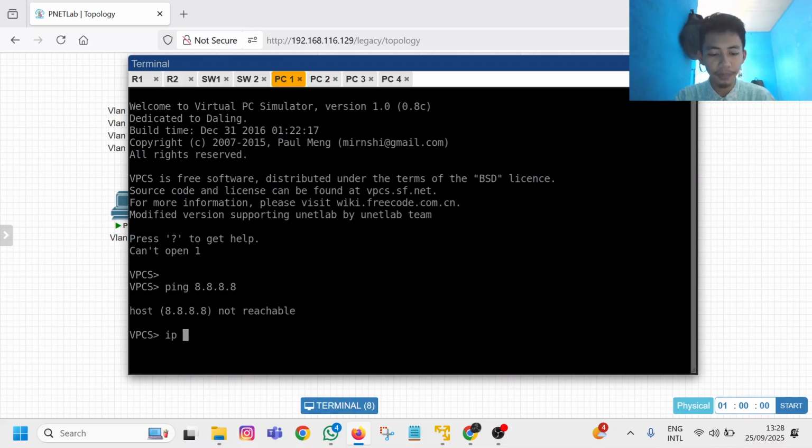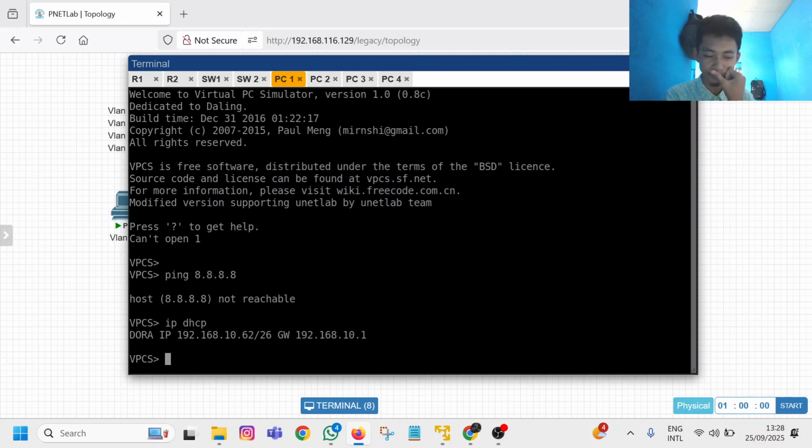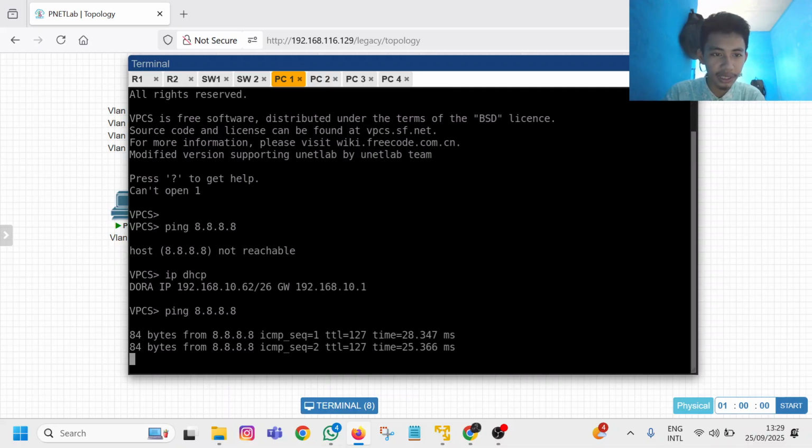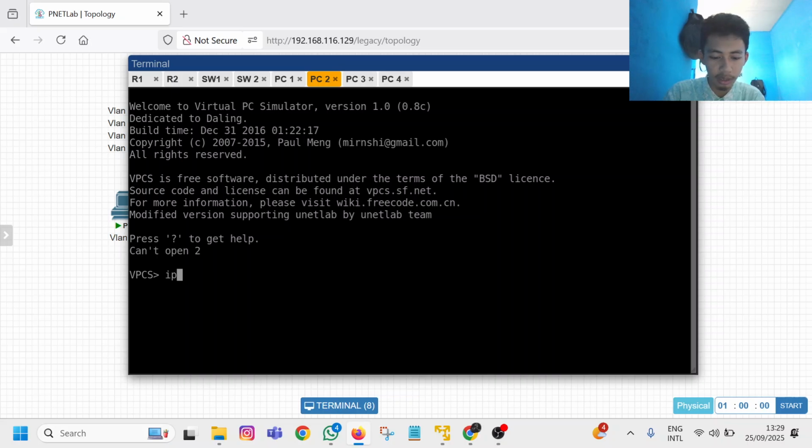First we need to set the IP and click on DHCP. The name should be Dora. If wrong, it will be like triple D. And we try to ping the internet. Try ping Google. We have the connection also, and I'm going to do the same on the other one.